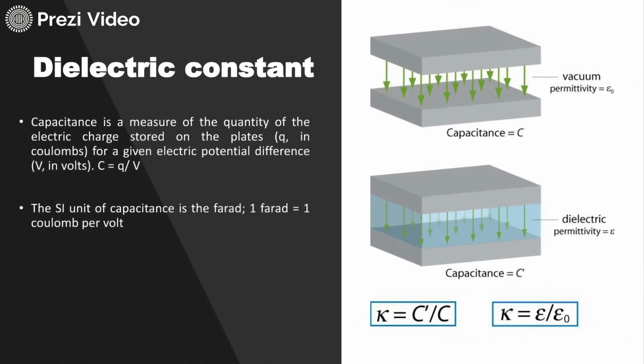First we should understand what is capacitance. Capacitance is basically the measurement of the quantity of the electric charge which is stored on the plate, provided a given electrical potential difference exists. So it is simply the measurement of the quantity of the electrical charge which is generated in between the plates because of that medium and due to the existence of the potential difference. The standard unit for the capacitance is farad, and 1 farad is equal to 1 coulomb per volt. Generally questions are asked like what is 1 farad and what is the unit for the measurement of this capacitance.